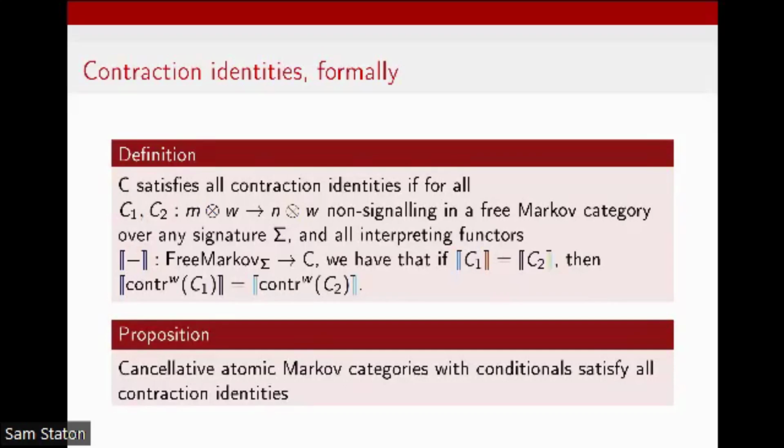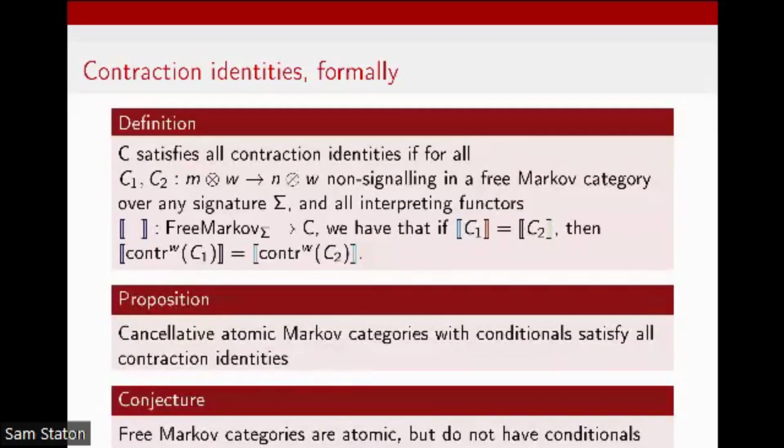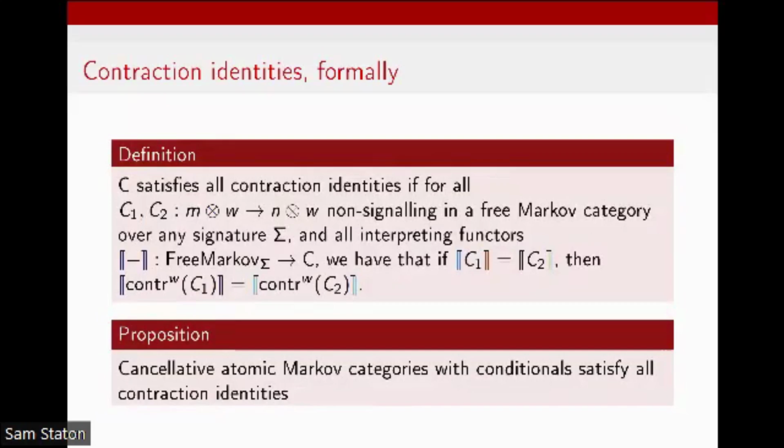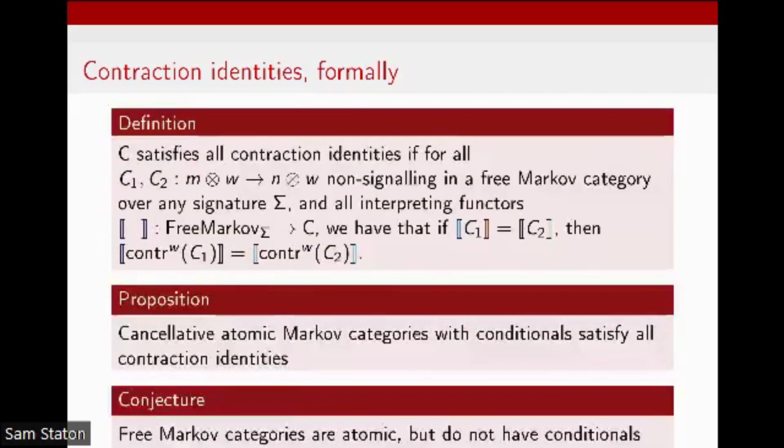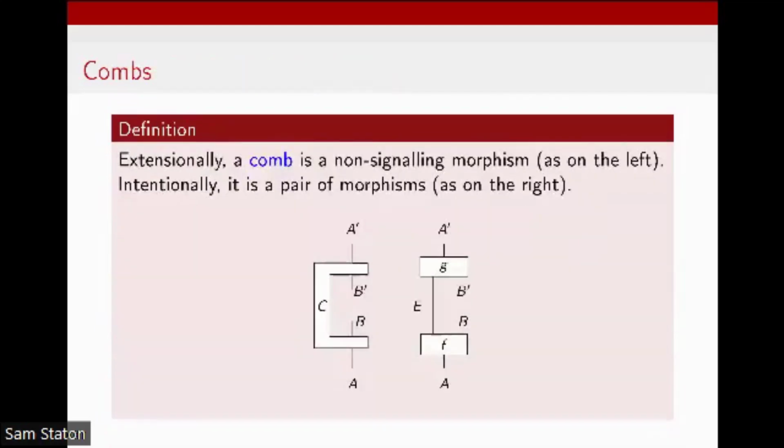So what is this good for? Oh, I wanted to discuss the premises of this theorem for a moment. I assume both atomic and conditionals, so you might ask whether they have something to do with each other. We have seen a category which has conditionals but is not atomic, Bottlestock. We also conjecture that there are categories which are atomic but do not have all conditionals, and we conjecture that the free Markov categories are such. We didn't manage to prove this, but we are almost sure of it, so to speak. But this is something for the future, though we are definitely interested in the information flow properties of free Markov categories. Okay, now I can go to Coombs.